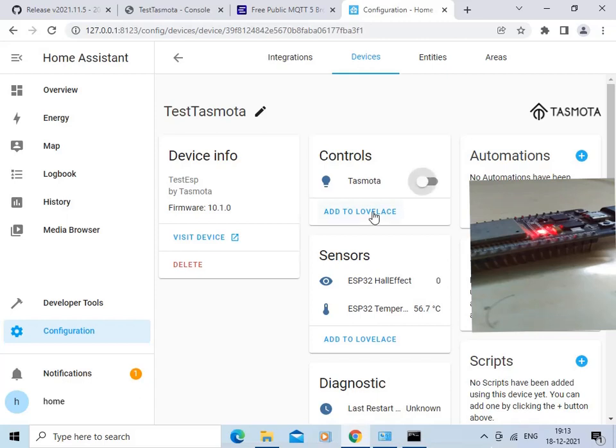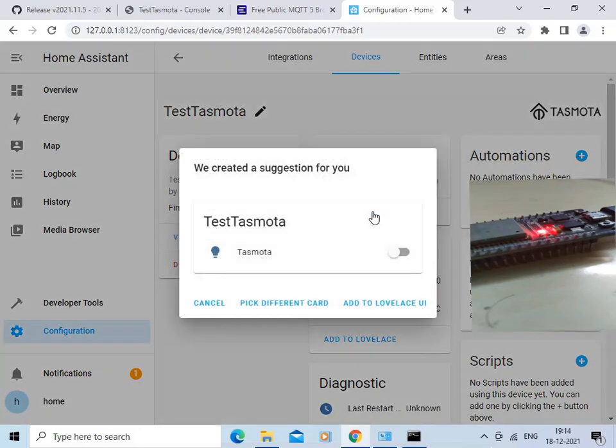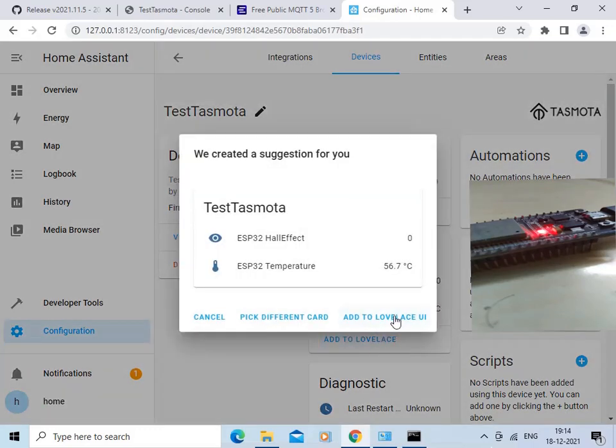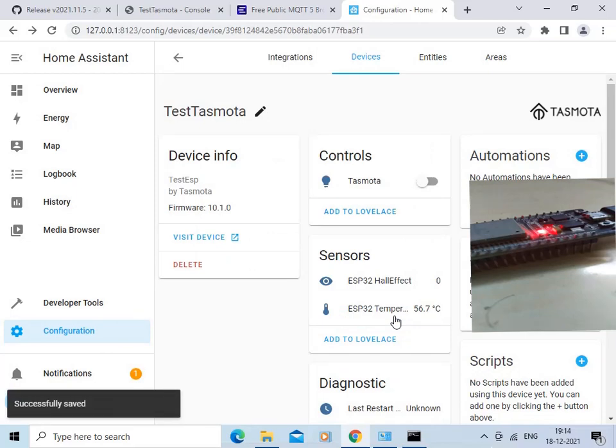Add this control to Lovelace by clicking over here. Add this to Lovelace UI. So it has been successfully added. We will add the sensors to the Lovelace. Click over here, add to Lovelace UI.